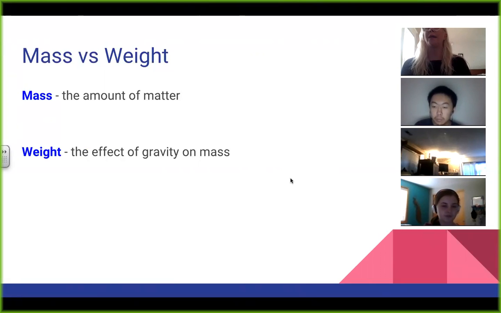Great. So the weight of a person on Earth and the moon are different, right? Your mass isn't different, but if you go to the moon, you weigh less, right? Which you're like, oh, wow, I weigh less, but really you still have the same mass, right? Now here's another one. What if somebody says, I lost 10 pounds? Did their mass or their weight change, or did both change?